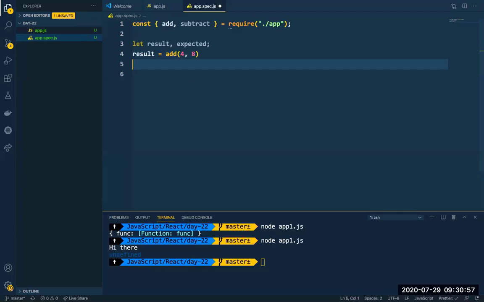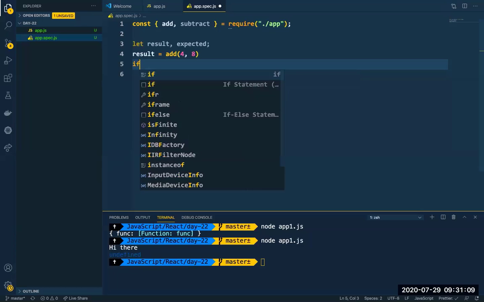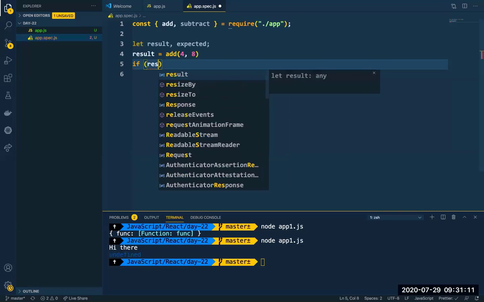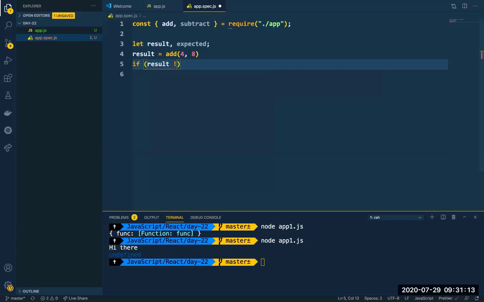Now, nothing is tough here. All I'm doing is just explaining what I'm doing. So you may feel it as a bit extensive, but all I'm doing is just calling the function and then storing it inside the result value. Now here comes the testing part. All I have to do is just check if result is not equal to my expected value, which is something.